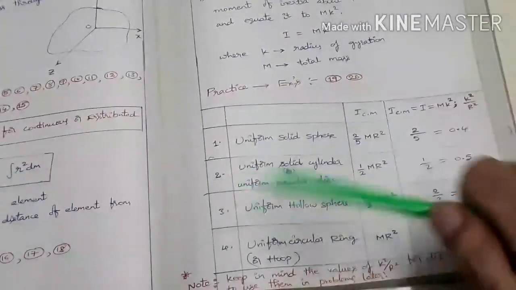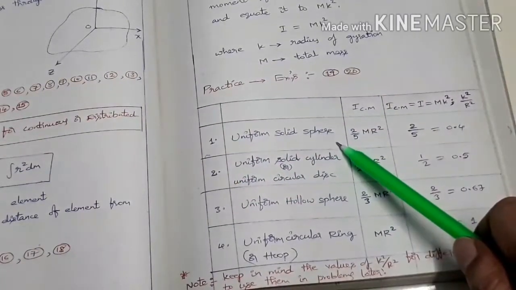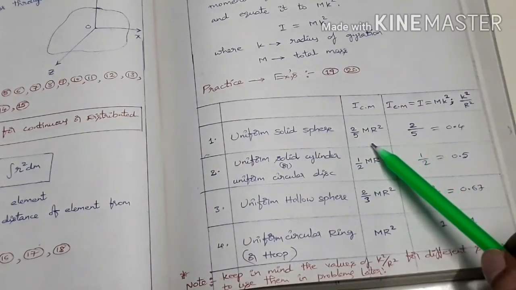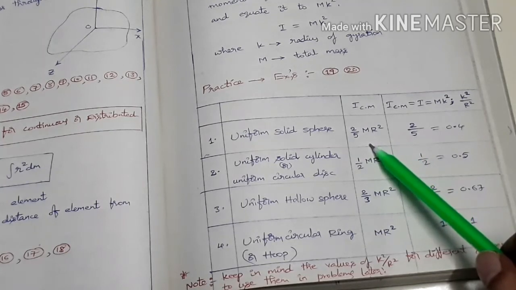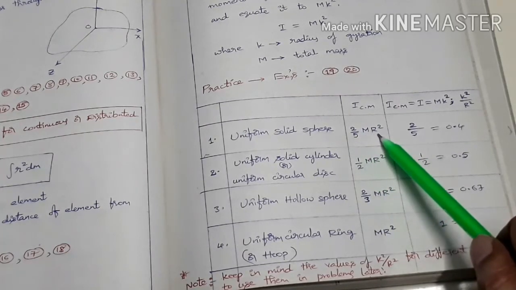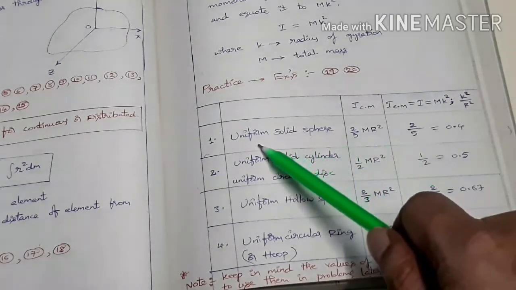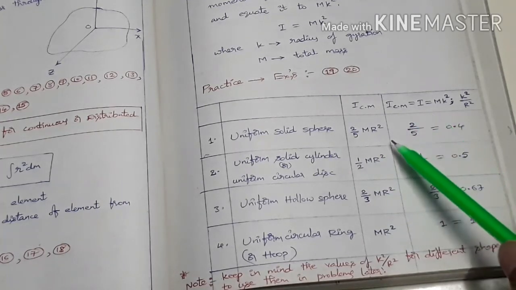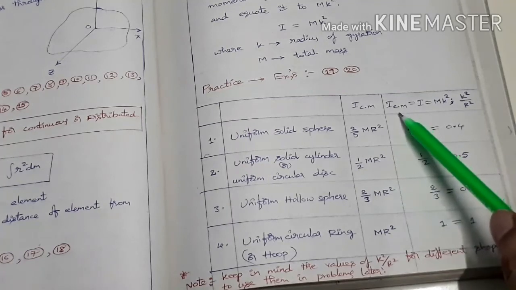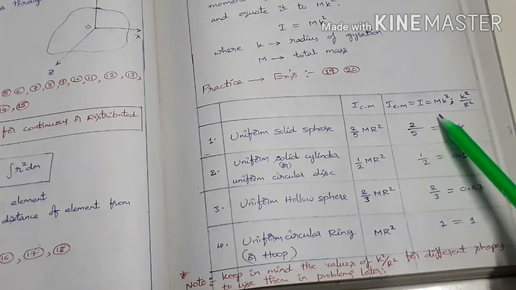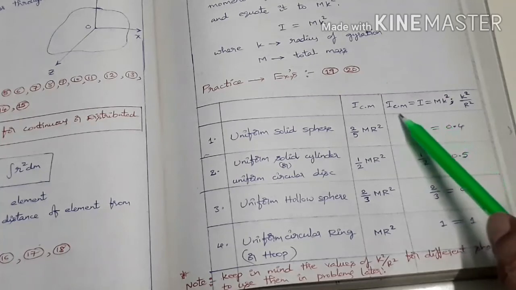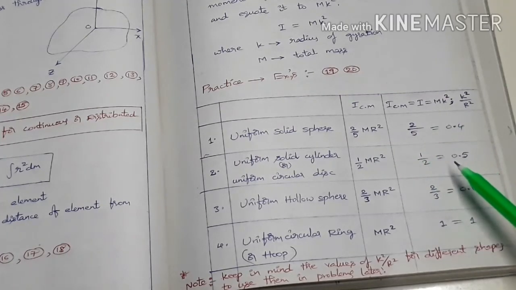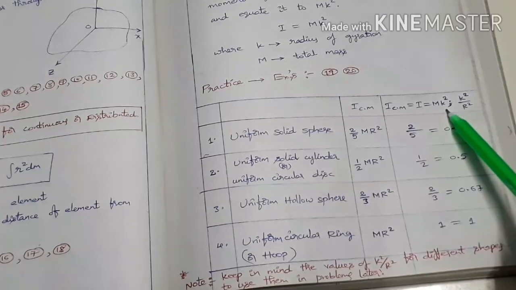See, for example here, let us consider a uniform solid sphere is given to us, and what is the moment of inertia of that sphere about an axis passing through its center of mass? It is 2 by 5 mr square. Got it? Let us suppose that this uniform solid sphere is made into a thin circular ring whose radius is k. Then what is the moment of inertia of that circular ring about its geometrical axis? ICM equals mk square, where k is the radius of the ring.